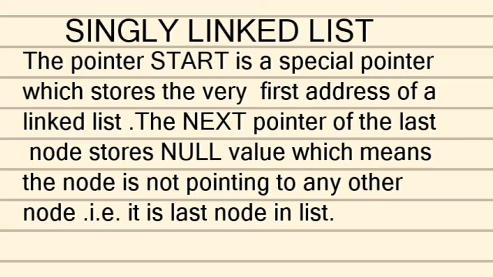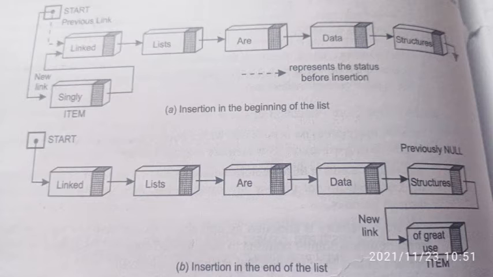Now how we can perform insertion at the beginning of the list and insertion at the end of the list, we are going to discuss that. But before discussing that, you must be clear about how many types of operations we can perform on a singly linked list. We can perform searching, insertion, deletion, traversal, reversal, splitting, and concatenation. We are going to perform all these operations one by one, and I'm going to explain each and every operation with the help of a desired example. When I'm talking about insertion, insertion can take place at three places: in the beginning, in the middle, and at the end.